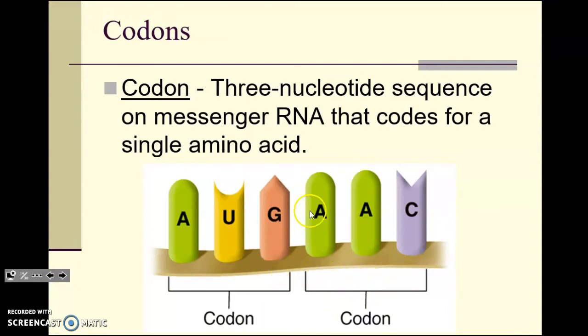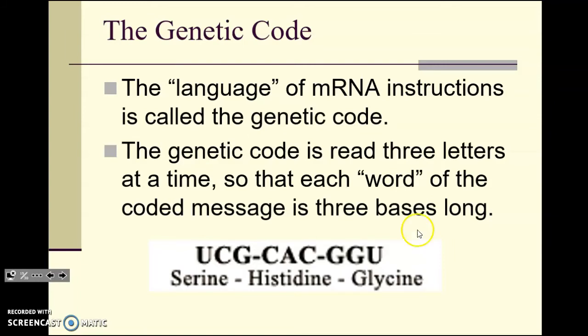Once it does that, that mRNA's got codons on it. Those codons are 3 nucleotide sequences, which are basically a code that tells the tRNA which amino acids to use. So this code right here, AUG, is a code for a specific amino acid. AAC is a different amino acid. And you put those together, and that makes a protein when you put amino acids together. So the language of mRNA is the genetic code, and that's what's being translated